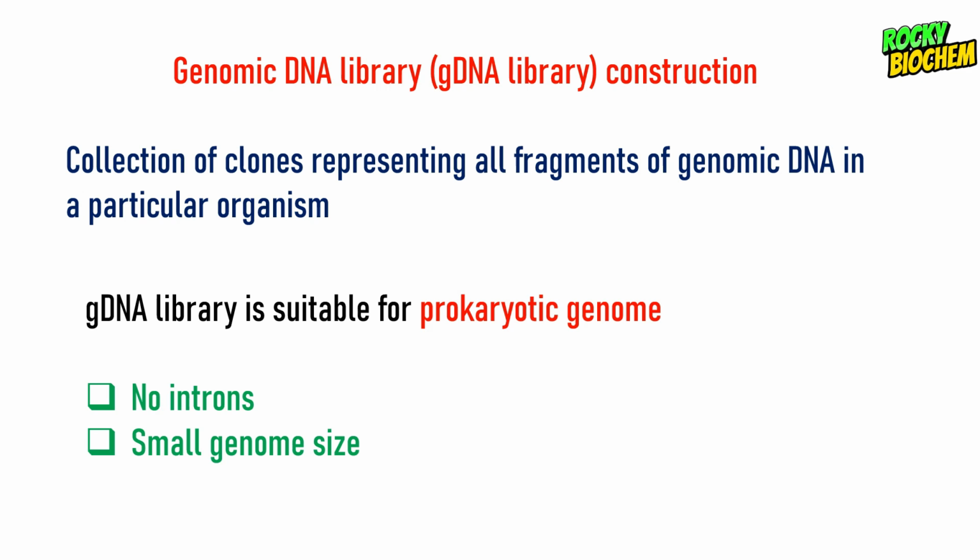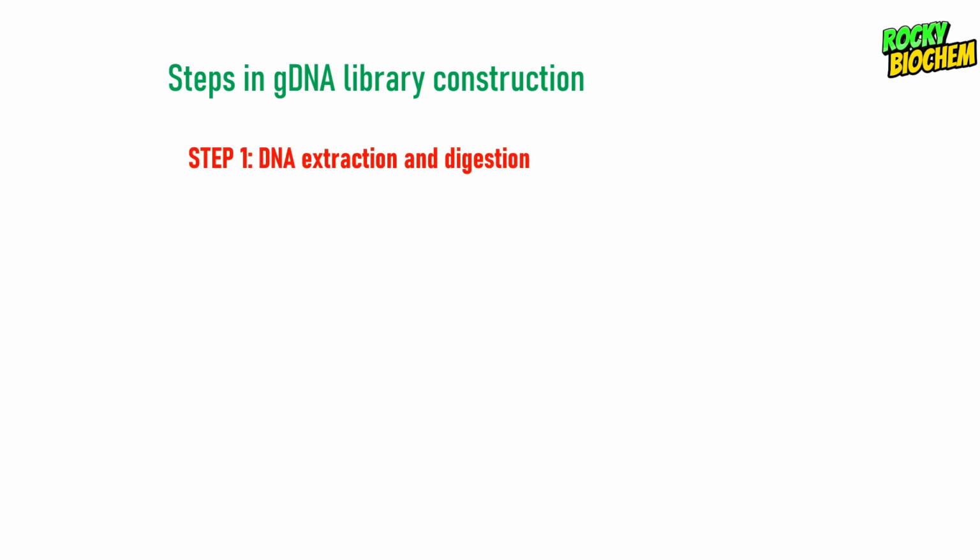So when you consider human beings, for instance, our genome is made up of about 3.8 billion base pairs, and constructing a library for such an entire larger genome will be a very difficult task. That is why the focus for gene DNA library construction is on only prokaryotes like bacteria. So the various steps in gene DNA library construction include the extraction and then digestion of DNA from the prokaryotic